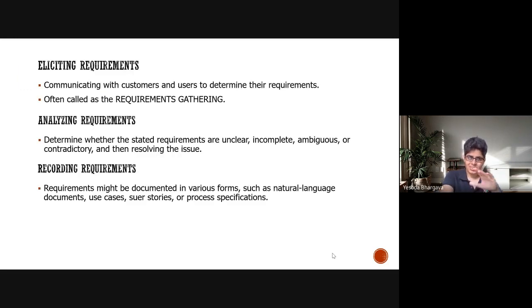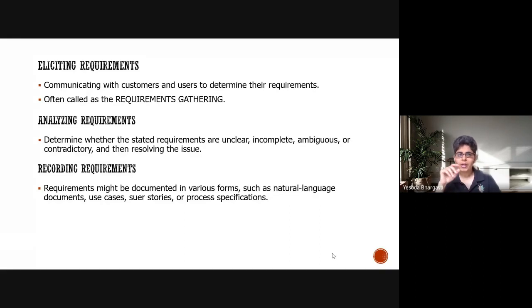So, this process is somewhat already clear to you, at least in theoretical terms, that even eliciting requirements demands that you communicate with your customers, stakeholders, and client to get to know what exactly they need. And since the requirements keep on changing with time, it is important to have a consistent dialogue with all the people who will be directly related to your products and the software that you are making.